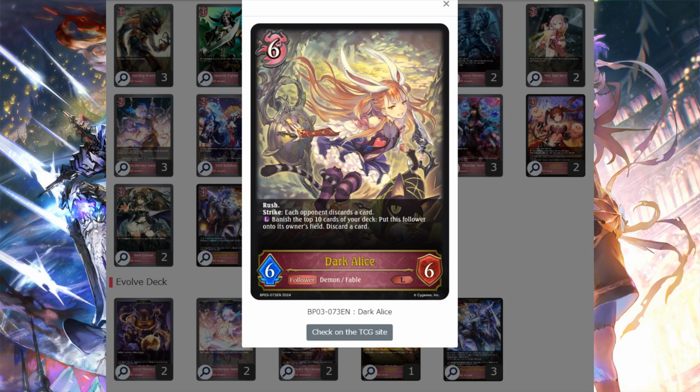If you don't like this top end as well as something to supplement the ghost stuff going on, feel free to cut this and play something else that you like here. I really like Dark Alice. I think it's super good in aggro. I think it's super good in control. I think it's one of the better cards